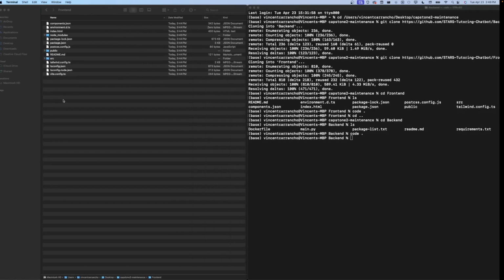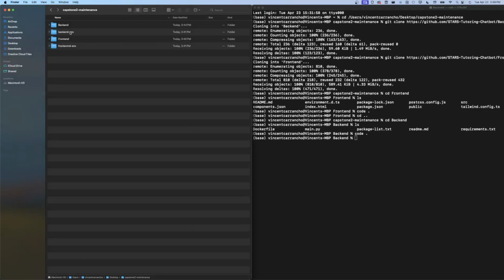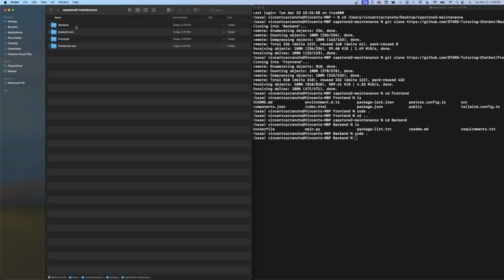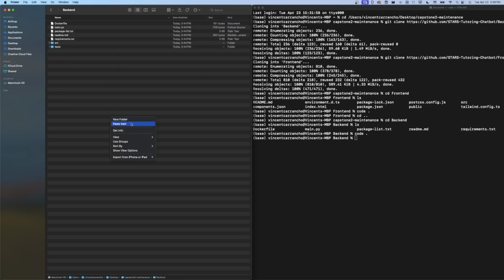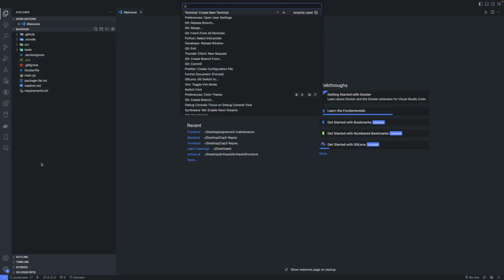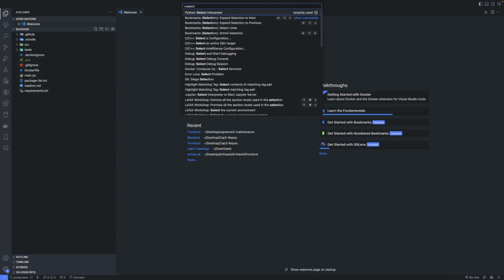So same thing we did with the environment variables. So we have this thing right here called backend.env, right? So what we're going to do is we're going to copy this right here, go into the backend, type in right there, envvars, and right here, we're going to rename this to .env, right? And then now we are going to do this. So if you press Command-Shift-P in VS Code, we're going to type in select interpreter,